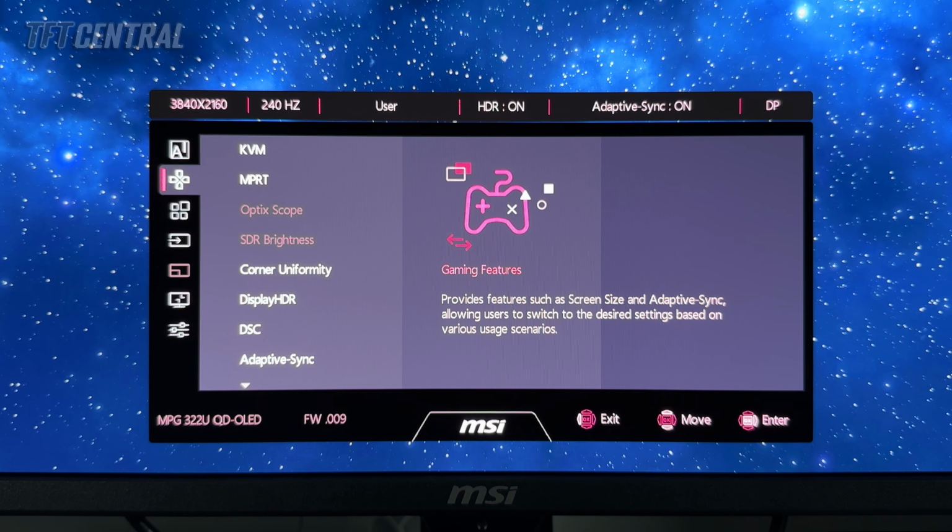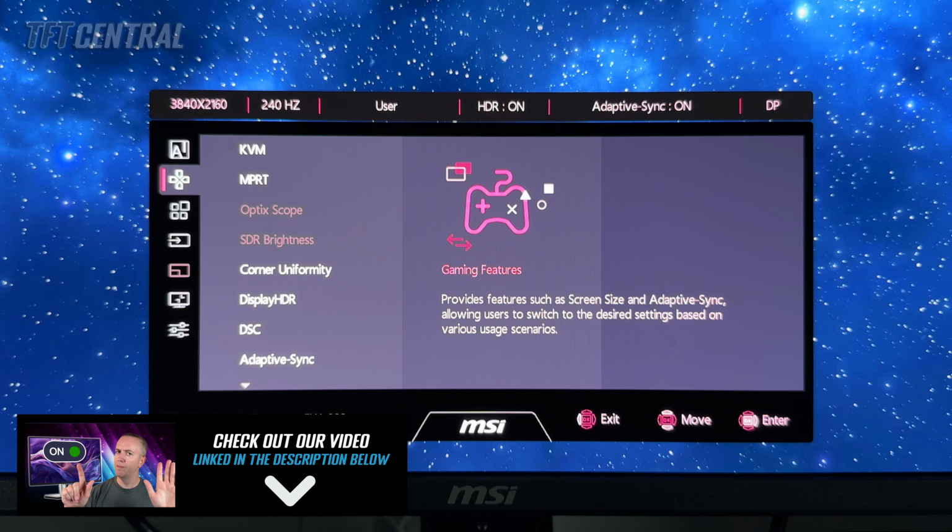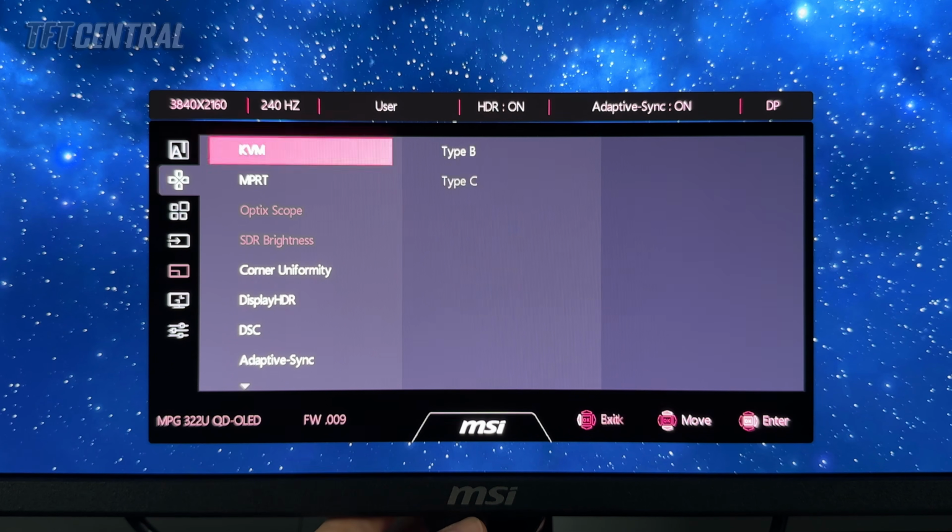So we've enabled HDR mode now from Windows, and you can see the screen has switched over to the HDR mode here. As a reminder, we'd recommend only enabling Windows HDR when you're going to view actual HDR content. There's loads of reasons for that. They're all explained in our video that's linked in the description below, so check that out if you want to know more about it. In HDR mode, you'll see that quite a few of the settings are now unavailable, but